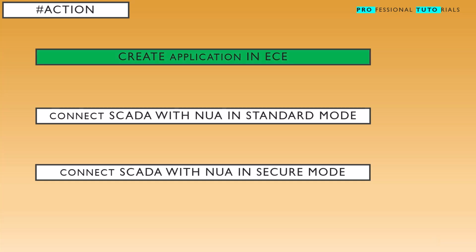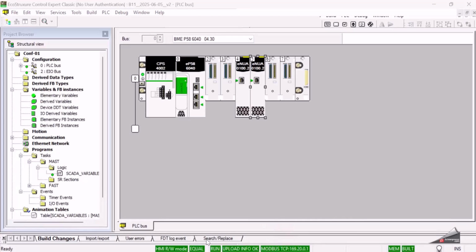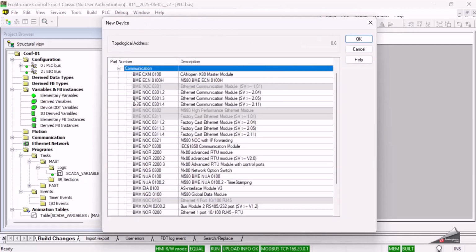Following the first step, creating a project in Control Expert, we should have an M580 CPU, and then a BMENUA0100 module. As you can see, this is my configuration. I have added 2 NUA modules. I will use the first in standard mode and no secure communication with SCADA, the second in secure mode and secure communication with SCADA. If you want to add a new BMENUA module, you can find it under the menu,